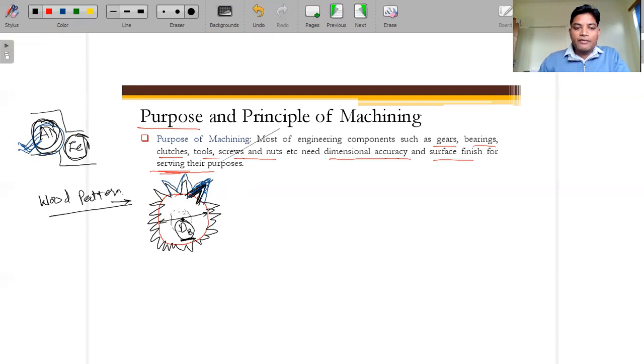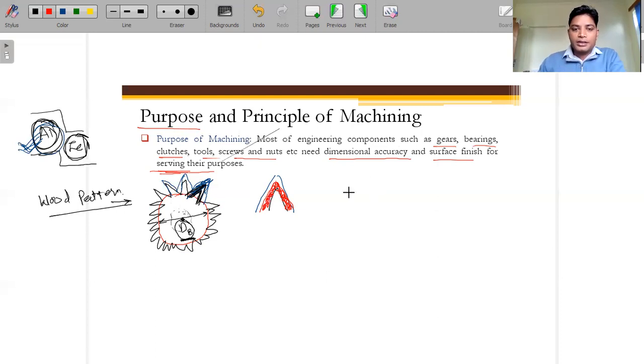Okay, for an example, if it is a little bit greater than this, for an example, if actually we need this one, and this blue color is the actual pattern size we used. Then when the contraction happens, it will reach up to this. So what is the meaning? This much size is basically the extra amount of the material, which means this gear is not produced as per the requirement. So what we can do is go for machining operations and remove this extra amount of the material. Fine, so this is a way through which we can produce the gears.